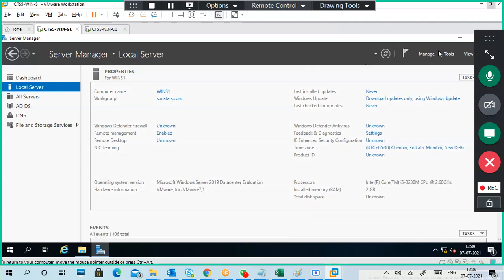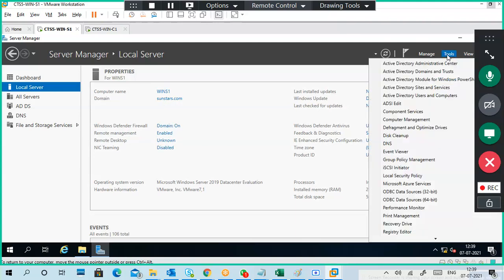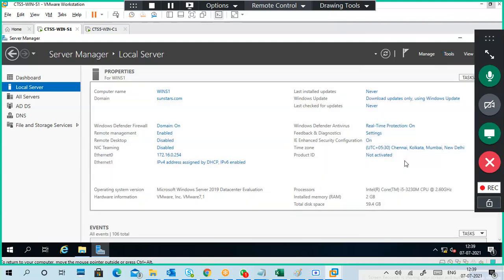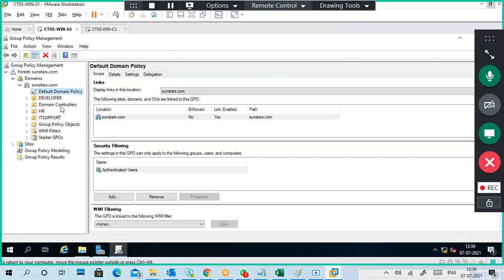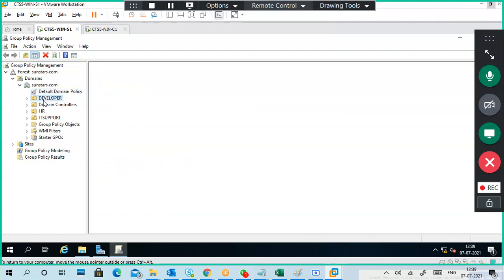So where are we? Denying a policy. Go to tools, group policy management. Which policy?